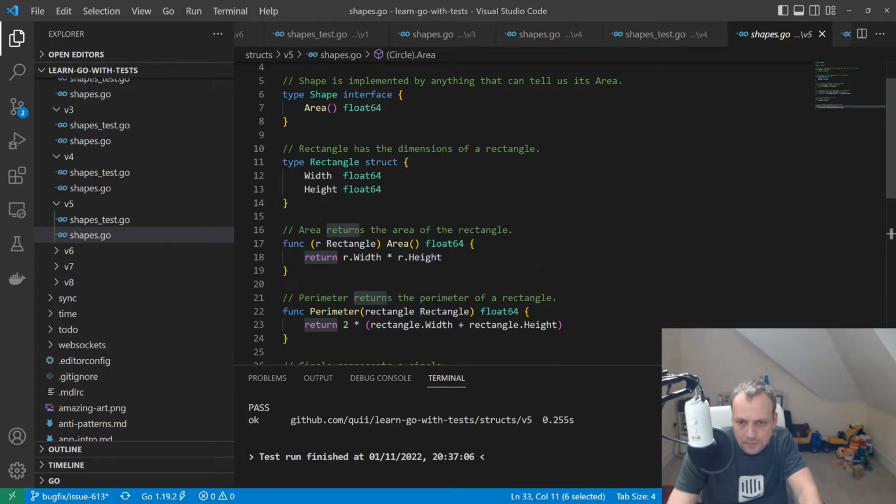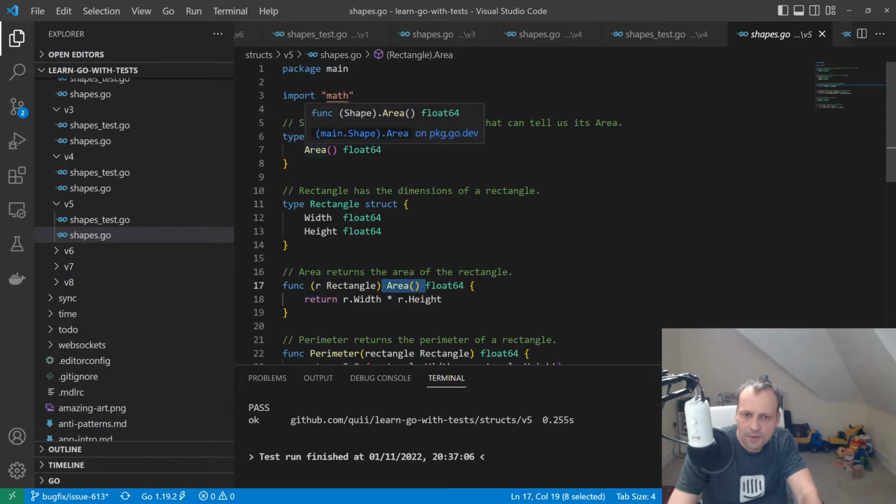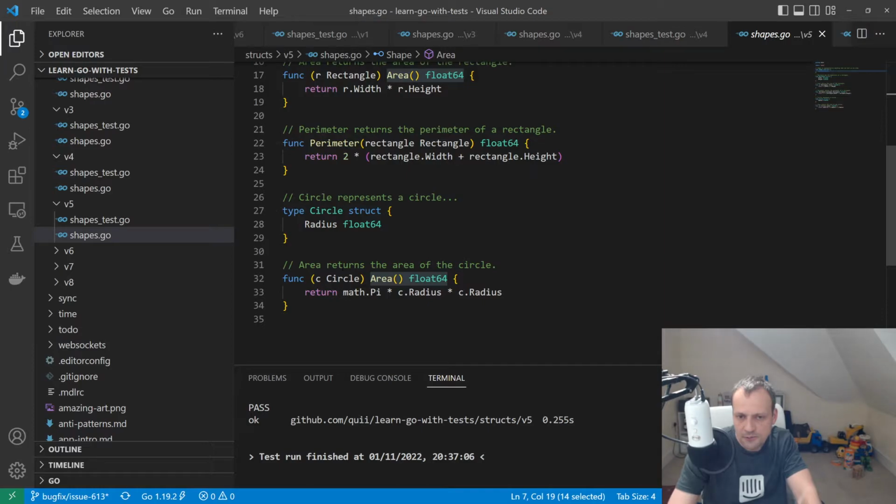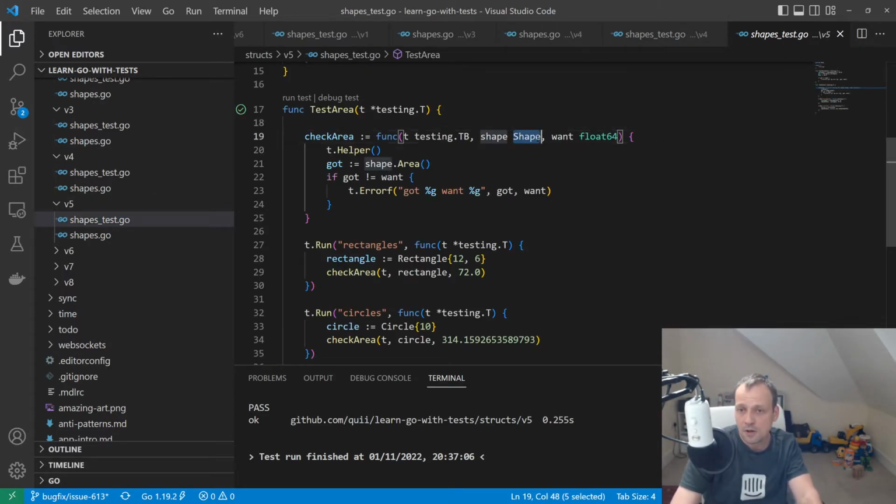Well, because this one equals this one, you see I selected, that means that this method, the one for rectangle, implements the shape interface, and this method, the one for circle, implements the shape interface. Therefore both rectangle and circle are seen by Go as shapes. Therefore we can write a method which is uniform for shape, which will get the area of shape, any shape,